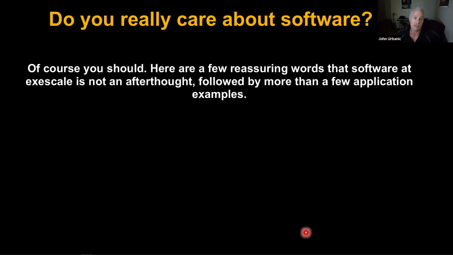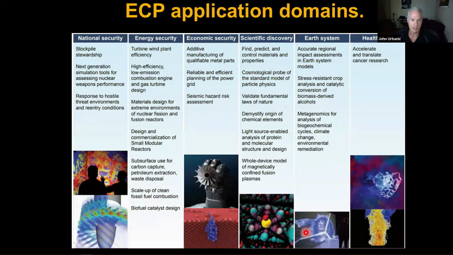Okay, well, do you really care about all the other software pieces floating around out there too? And the answer is, of course you should. Just to quickly give you a very light survey, I'm not going to go through all of these slides here, but you can if you care about it. Here, from the Exascale Computing Project, are the different application domains they intend to have coming up on day one when these machines come up very shortly. These are applications that have already been developed and ported, or are porting, to this environment. So these are not just long-term plans.